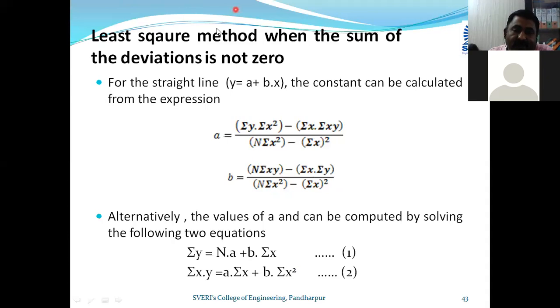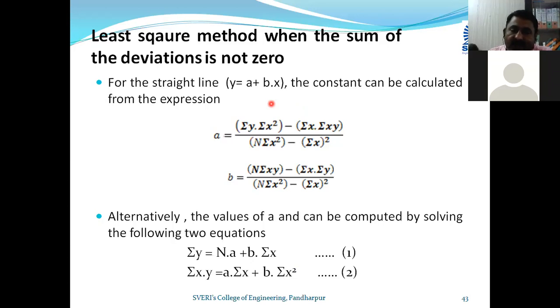Again, the table you are using is the same. You only have to calculate a and b by using this formula. Once you calculate a and b, you write y is equal to a plus bx, and you proceed to write the line equation, the regression equation format. Then for any year or any population that is given, you can proceed with the data.